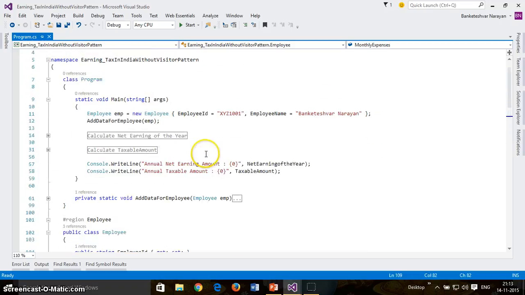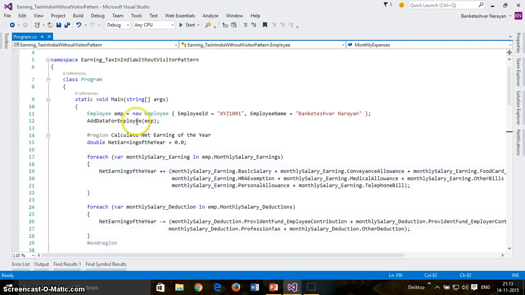Now I'm going to write the logic of calculating things in a main method. So, calculate net earning of the year. I have created a variable with double data type, net annual earning or net earning of the year, and here I'm running a for each loop on each element.